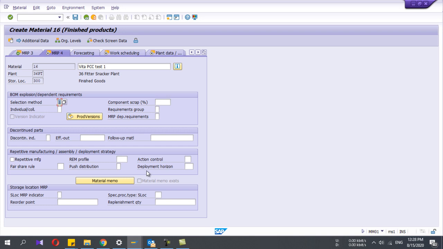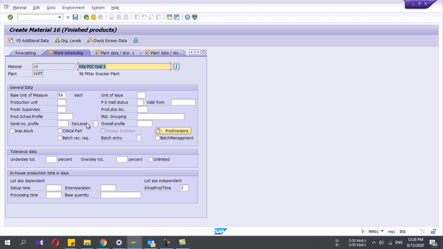Okay, and then we have the work scheduling. If you do the production for this material, it is important to extend this work scheduling view, but you don't need to fill those things, they are not mandatory. Here you can give the production supervisor, production storage location, unit of issue. Though your base unit is each, your issue from the production can be a different unit of issue. Okay,